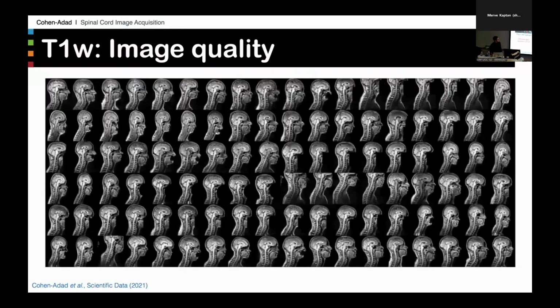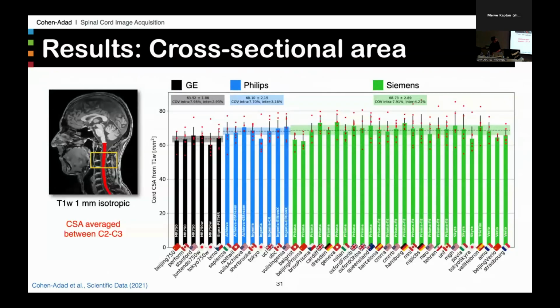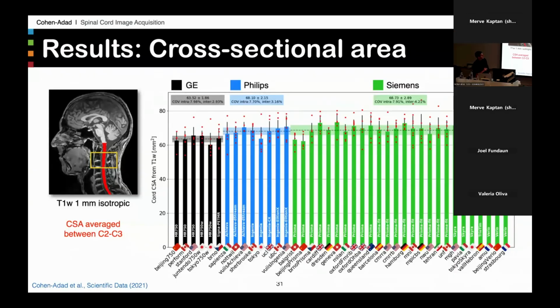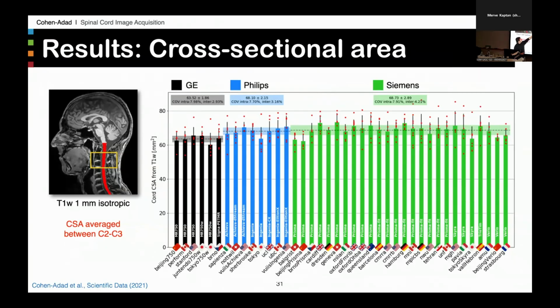And then from these scans, we segmented the cords, and then we computed cross-sectional area across the C2, C3 level. So now you're all experts in spine anatomy. And so what you're seeing here is the result. It's a bit heavy to digest, so I'm going to describe first of all what you're seeing on the abscissa here: